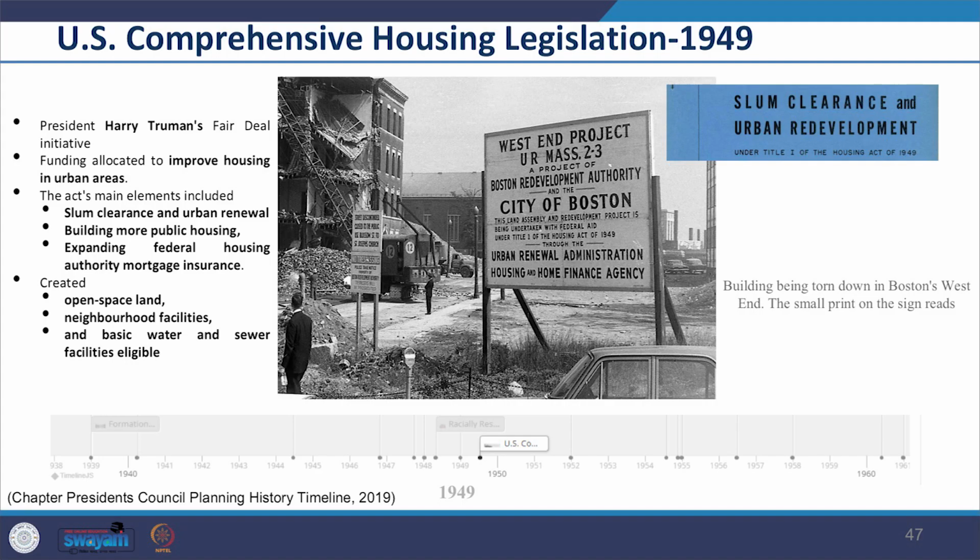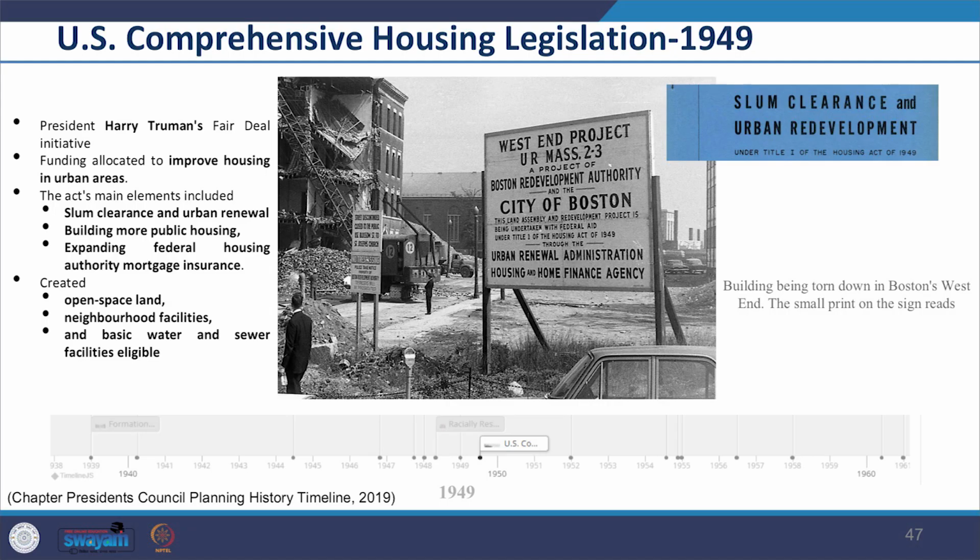Later on, we see in 1949, the US Comprehensive Housing Legislation Act came up as a part of President Harry Truman's Fair Deal initiative. It allocated funds to improve housing in urban areas, especially for the American poor, in hopes of countering the effects of suburbanization.